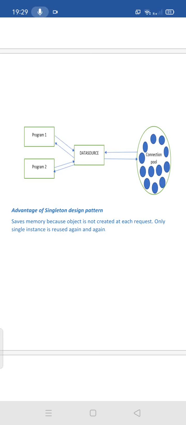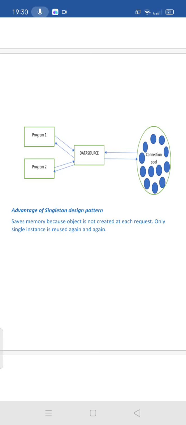So here the functionality of the DataSource class is to provide the connection object. The functionality of the DataSource object is fixed, it doesn't differ even if we create one or more objects. Let's consider 5 classes in our application that need a connection object. Those 5 classes create an instance of the DataSource object to get the connection object from the connection pool. So it is creating 5 instances of the DataSource. It is causing memory wastage, right? One instance itself can serve the requirement of the 5 classes.